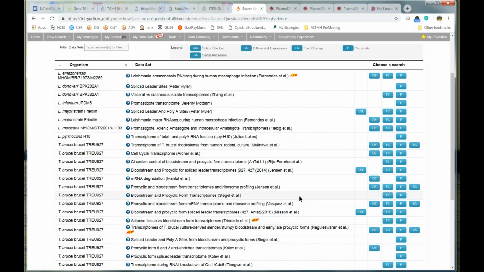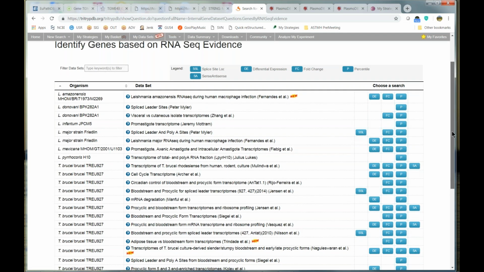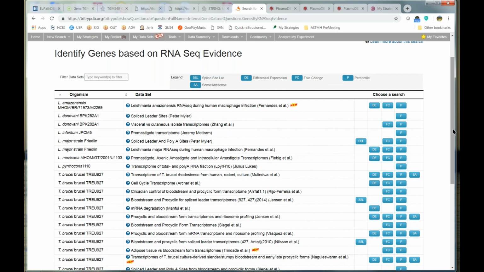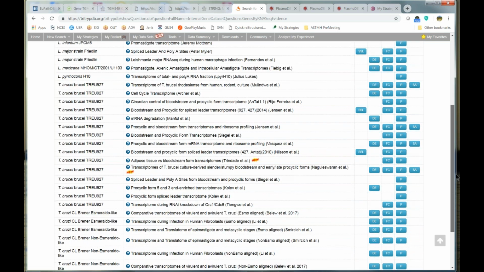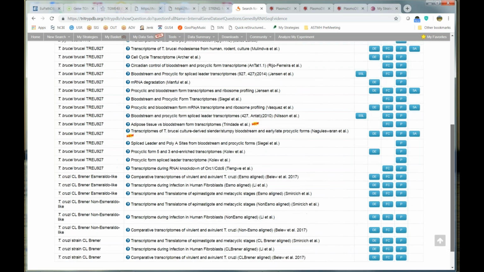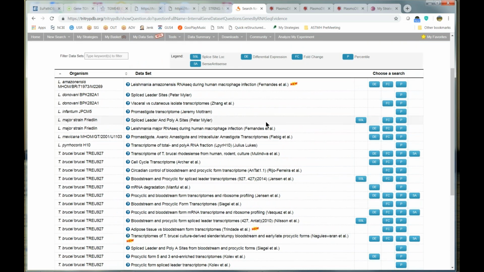Sorry. Okay. So you got to the search page for RNA sequence. That's all good, I think. Okay, carry on. Yeah. So as you can see, there's a lot of RNA sequencing experiments that we have integrated into TriTrypDB. The organism column here lets you know what organism the data